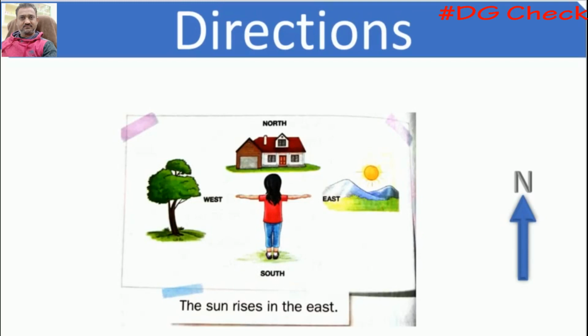Simply, in the morning, stand in a park or outside of your home where you can see the sun. Stretch out both your arms. Point your right hand towards the sun. This direction is the east, and your left hand is pointing to the west. In front of you is the north direction and behind you is the south direction. These are the four main directions. They help us to find places. Beside these four directions, there are four sub-directions.